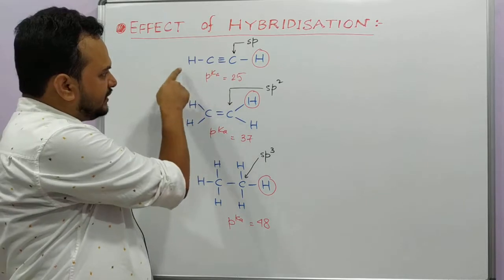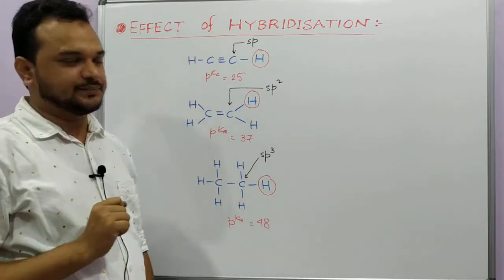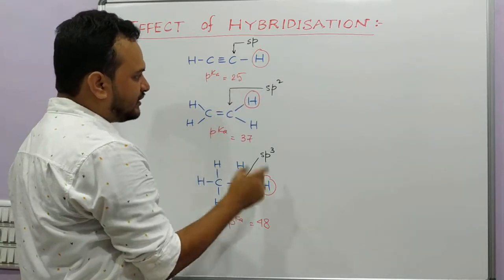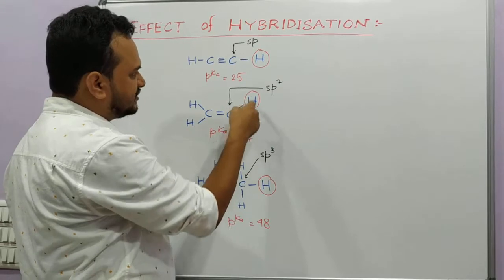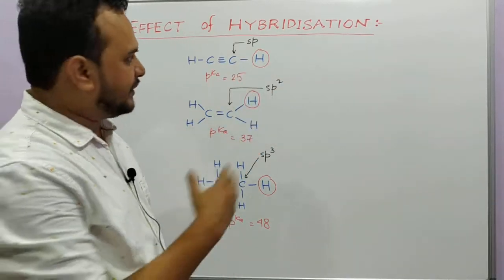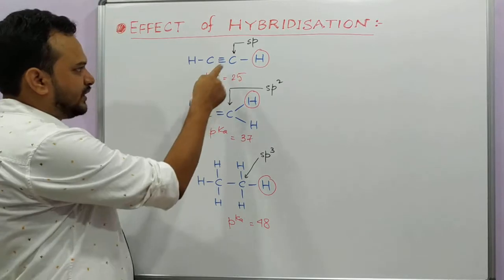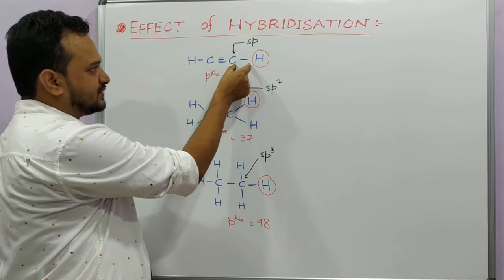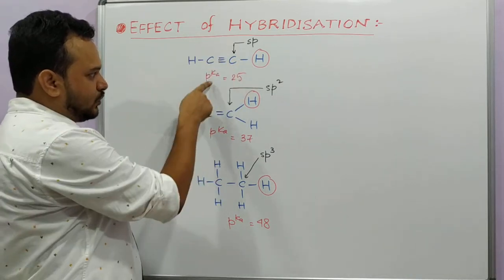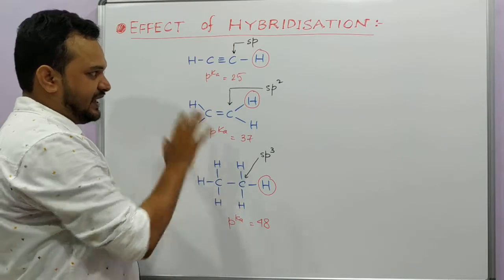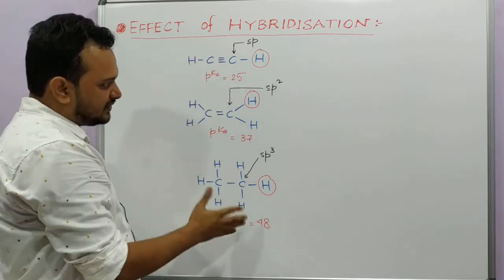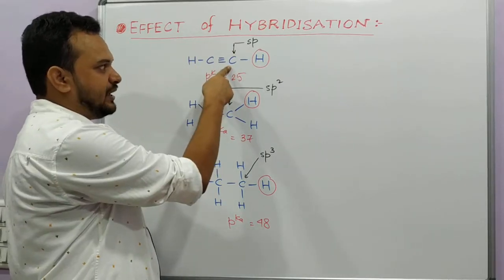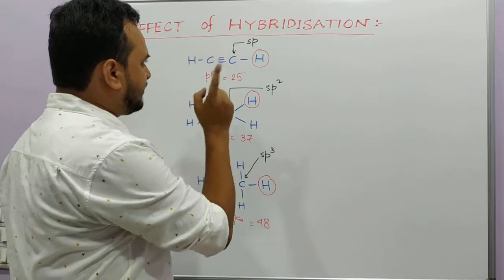So relatively among these 3, acetylene is the most acidic. Here we are comparing the polarity of the CH bond, the encircled H. We are trying to understand how easily this encircled H can be liberated as H plus. Here this carbon is sp hybridized, most electronegative, and that's why this bond has the maximum polarity among these 3. So it is the strongest acid among these 3. As a whole it is a weak acid, but if we compare the relative strength, this is the most acidic among these 3 because of this sp hybridization, the most electronegative character, 50% S character.